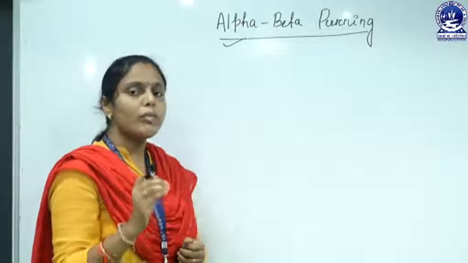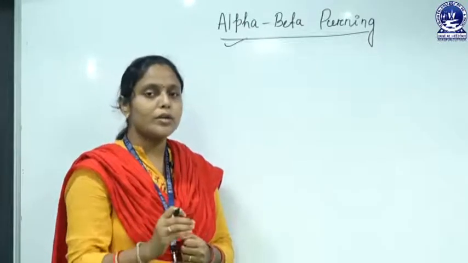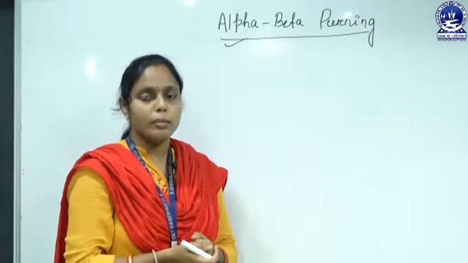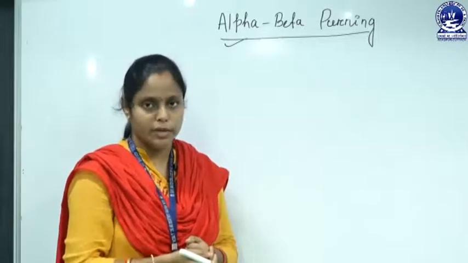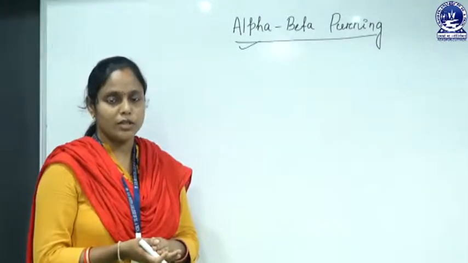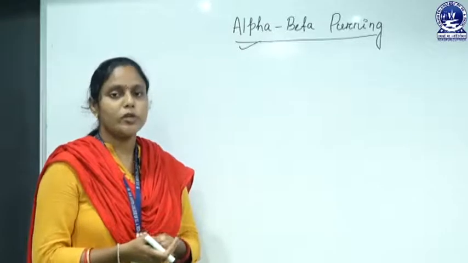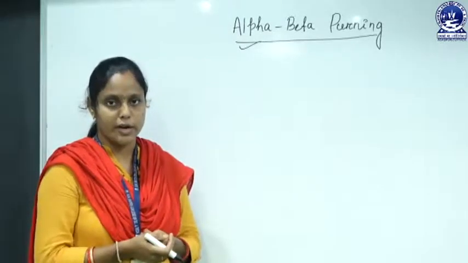The most important limitation of the min max algorithm is that it takes more time for developing games which have a huge number of branching factor, like the chess game. This alpha beta pruning algorithm takes less time to develop games which have a larger number of branching factor, like the chess game.